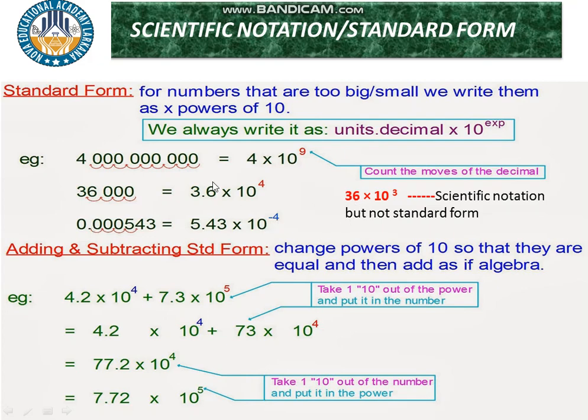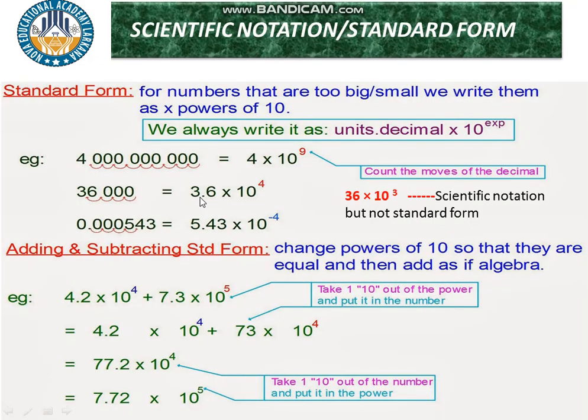Here this 36000, you can also express this as 36 into 10 power 3. Okay, this is also the right method, but this is a scientific notation. Whenever we are dealing with the standard form, this is not a standard form. Why? Because 3.6 is not greater than 10 and not less than 1. So that's why you can compare the standard form and scientific notation.